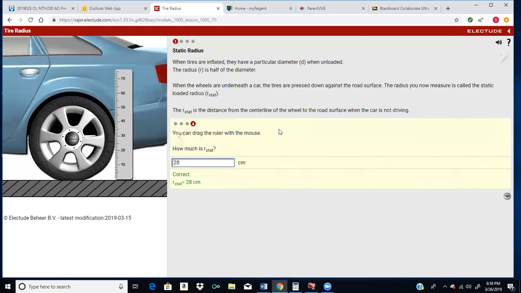All right, so that is dealing with your diameter and your radius of a tire, dealing with the static radius. And again, the static loaded radius is when you have a wheel underneath a car and the tires are pressed down against the road surface. And so we can see that analyzing from outside, from underneath the car, just the wheel itself, the radius was at 30, okay? But when it got underneath the car, then it decreased. All right, so that's dealing with